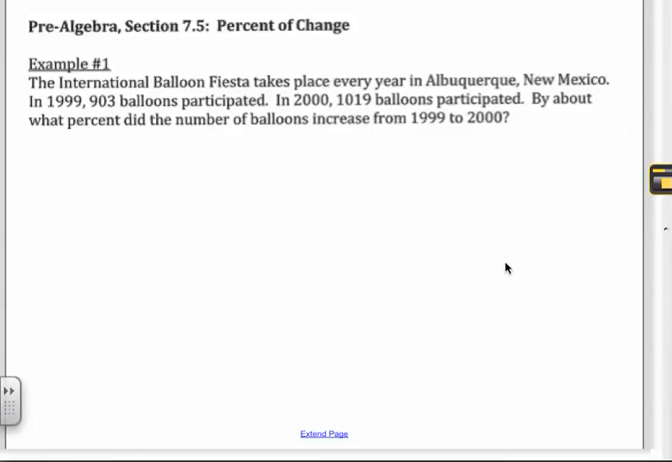Now, when we talk about percent of change, we want to know what part of the old gives us the new. Either we've increased and gotten a new number, so how much of the old did we add to it to get the new number? Or we decreased. How much of the old did we take away? All right? So the way we find the percent of change is always the amount of change,